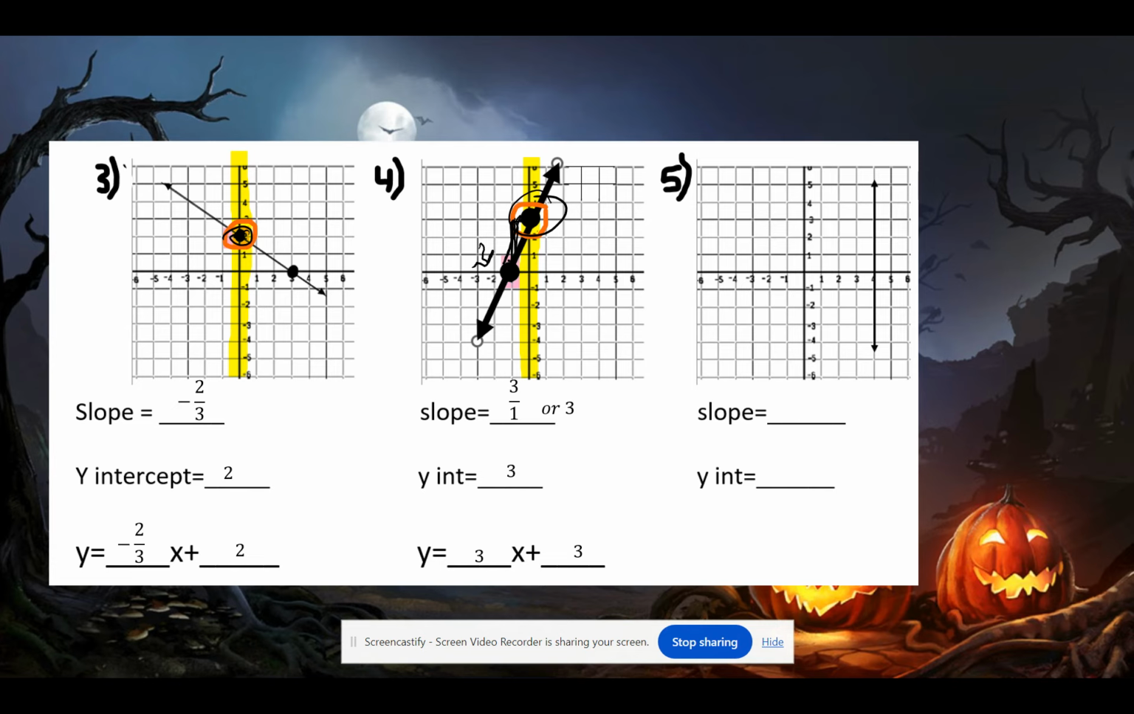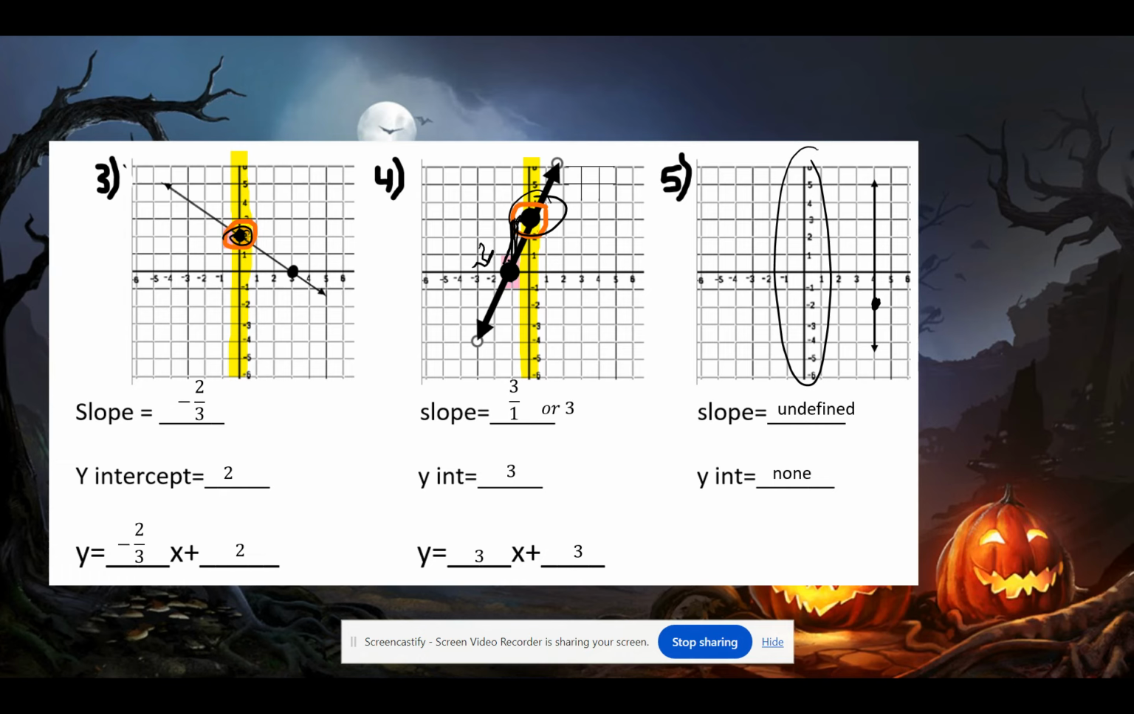Now number 5 is a unique line because there are no left or right points. I don't know where to start. Even if you start here, you go maybe up or down, but you never go over. So this is unique. Because you can't count both directions, your slope is called undefined. It's too steep to count. I can't go up and over. It's not doable. And your y-intercept, well, if you look in the middle here, there is no crisscross, so there